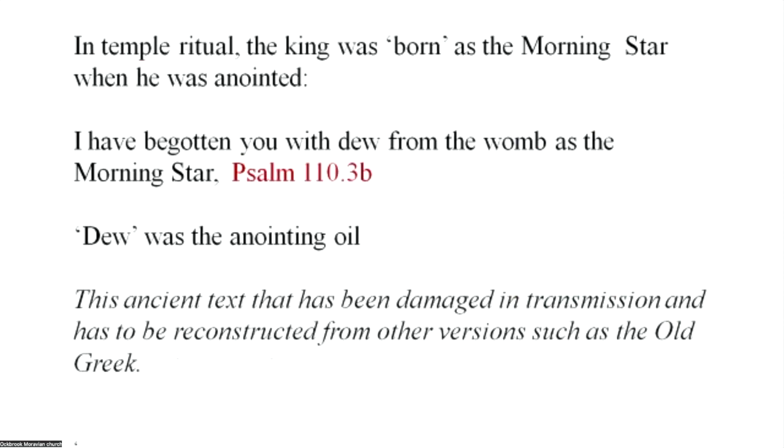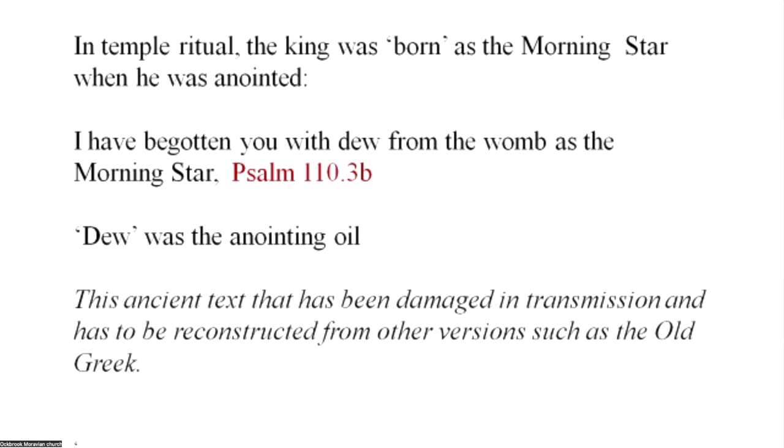So in temple ritual, the king was born as the morning star when he was anointed. Psalm 110, verse 3b, is just about unreadable in its present form. Whether that was deliberate corruption or whether it was just bad luck, who knows? What is important is that Psalm 110 and bits from it